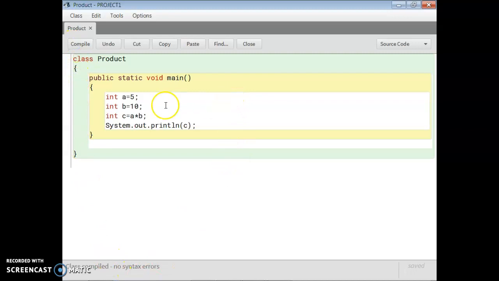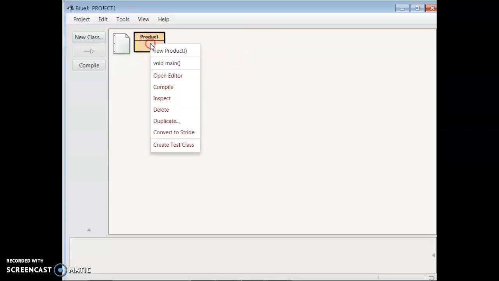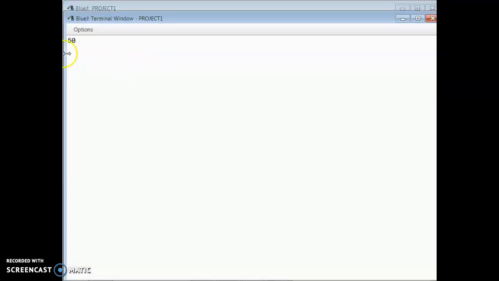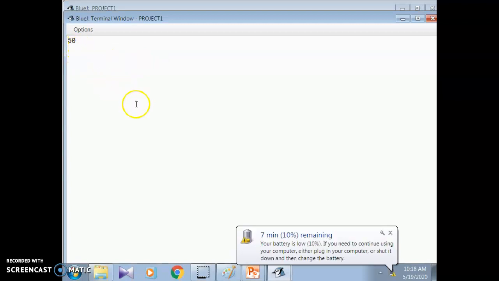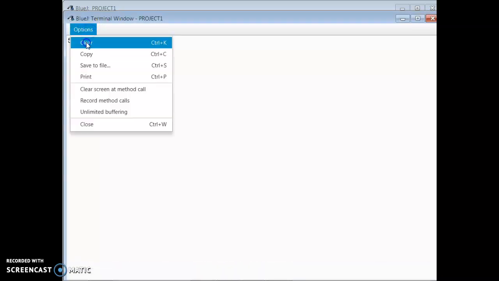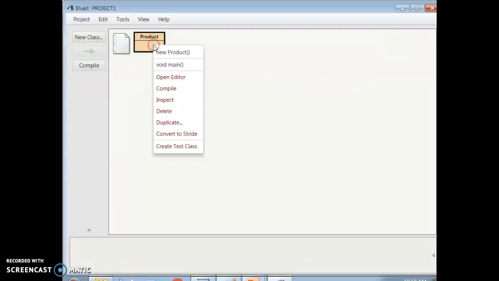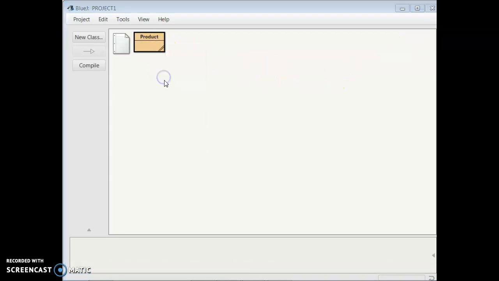After your class is compiled perfectly with no errors, you close this one and then right click on your class and go for void main. You can see your result on your output screen, which is 50. So your computer gives you a perfect result, and you learn how to multiply two numbers.